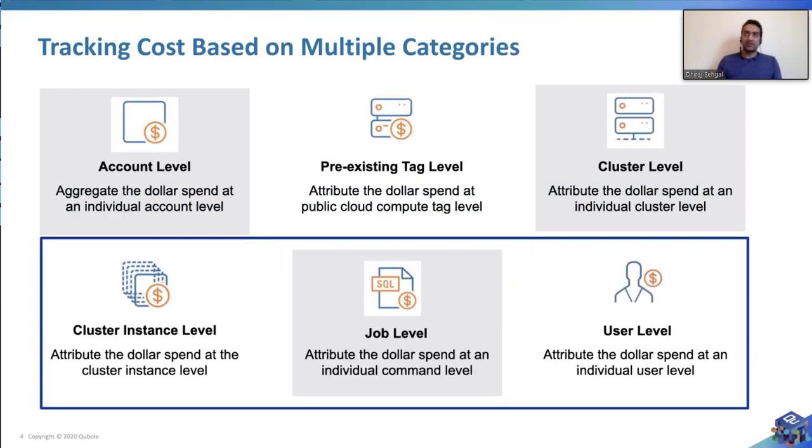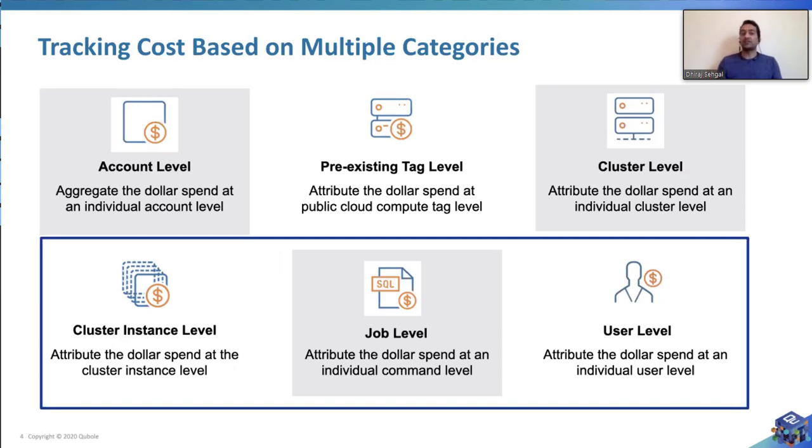You can track costs based on multiple categories. One is account levels. As you aggregate the dollar spend at individual account level, you see it with different infrastructure providers also, like you get cost with respect to an account from them. Then there are pre-existing tags, which can be used to attribute the dollar spend, and then the cluster itself. These things are also available with different infrastructure providers. But what Qubole does further, which is very unique and differentiated and resolves the problem at the granularity level